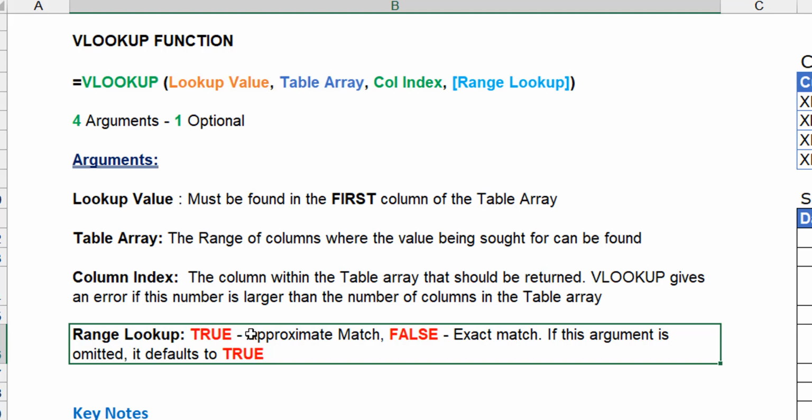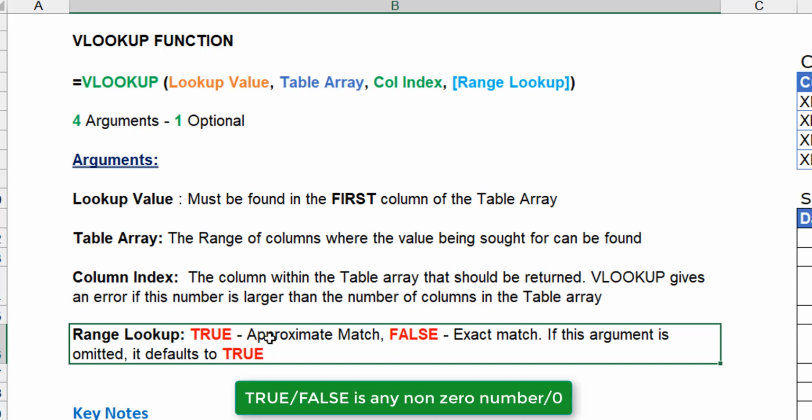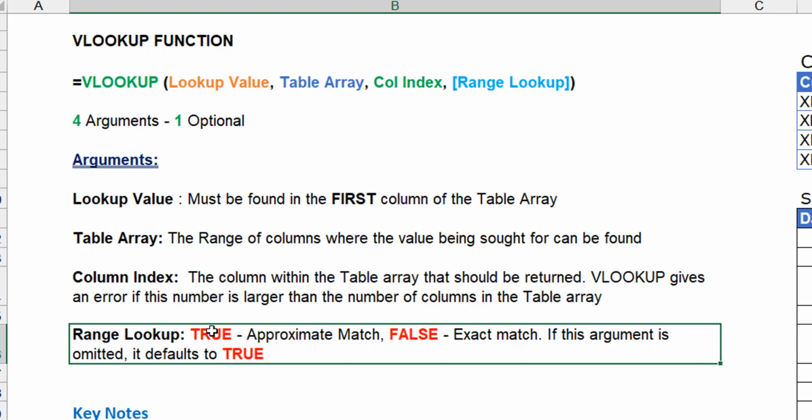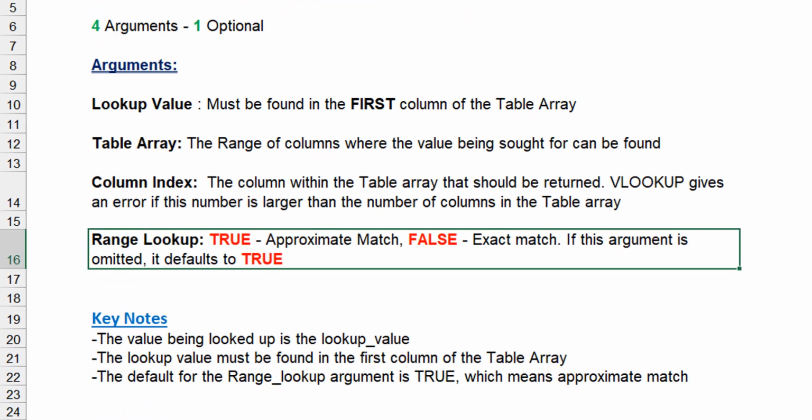I can also tell you that because in Excel, true or false is not 1 and 0. It just means any non-zero number is true, meaning that for the true part, I can decide to put any number. If I put 20 there, it will work the same as 1. Anyway, that's just an aside. Okay, so that's it from a syntax standpoint. I try to combine those two into one, meaning just telling you about the syntax and some things that you need to watch out for. But we will talk more about that in the next set of